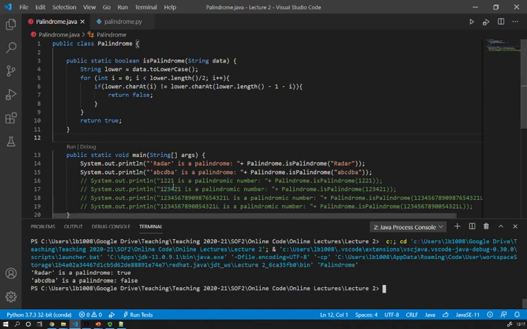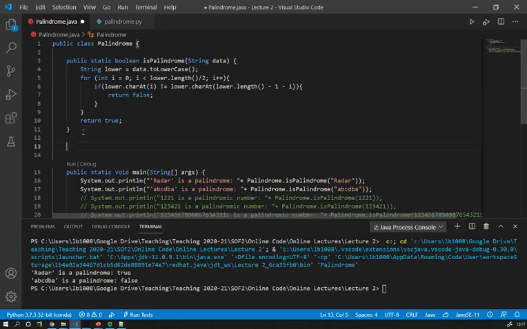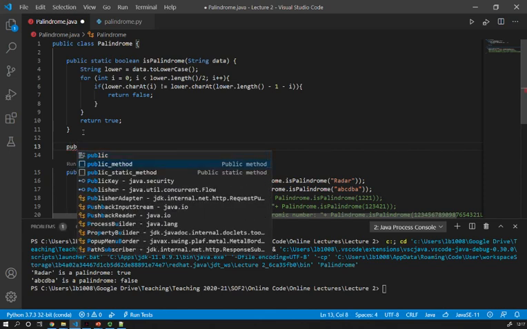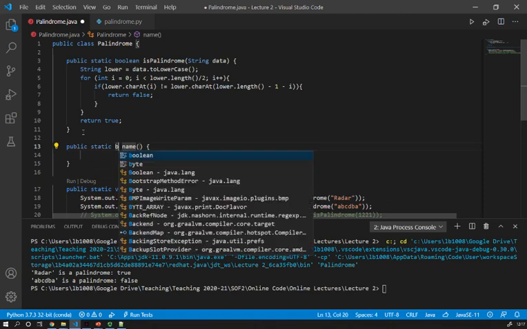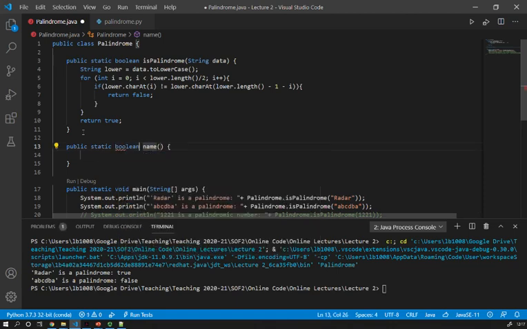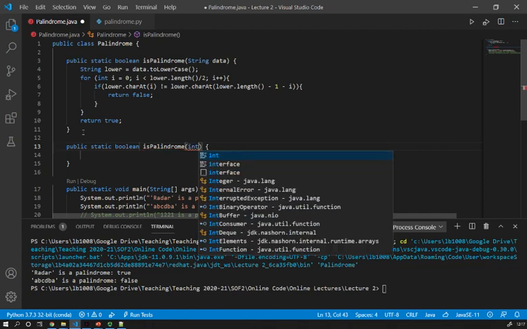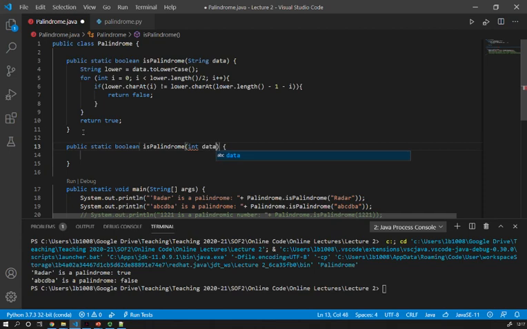Now I need to try to tackle an int. So I need to create another function with an int, but here I want to reuse the code I've done so far. So what I can do is public. I'm going to do the same thing. It's going to return a boolean. Then the name is going to be isPalindrome. And here you can see I've got some help from the editor. So I just have to type return to be able to have the isPalindrome function. Now I'm going to define what the parameters are. And here I'm going to overload that method, so I need to have a different type of parameter. And the type will be int. And I can give the same name if I wish to.